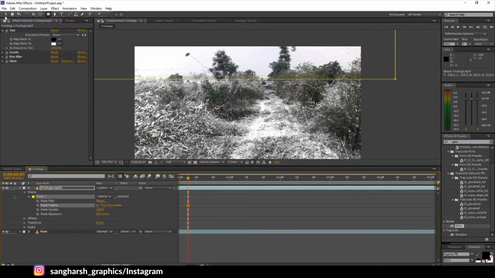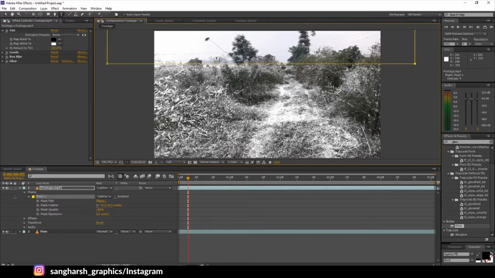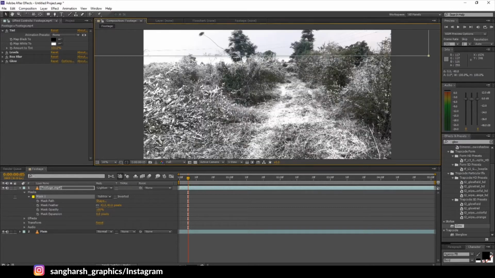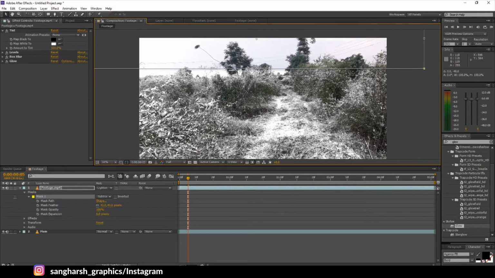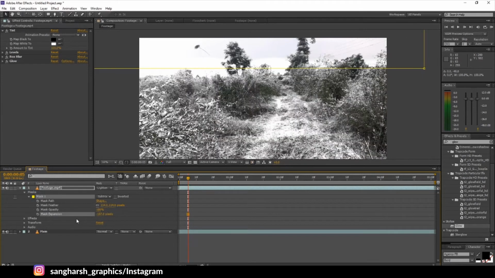Okay, let's drag the mask outside because as you can see some of the trees are also affecting it, so just drag the mask a little bit up like this. Okay, just increase the feather again, decrease the expansion a little bit like this up to, oh it's too much. As you can see this white line is showing the mask expansion. We can increase the feather.